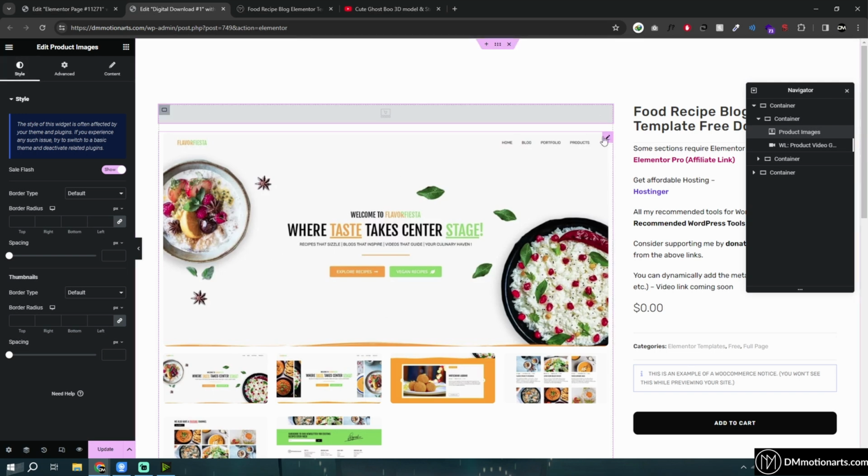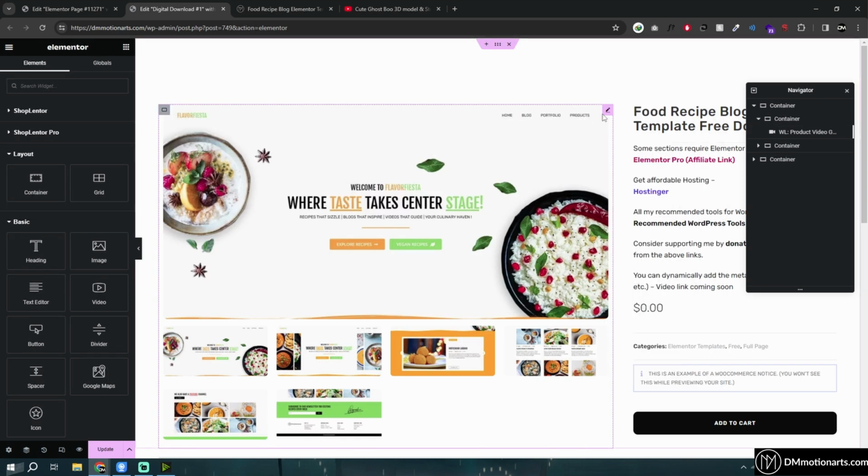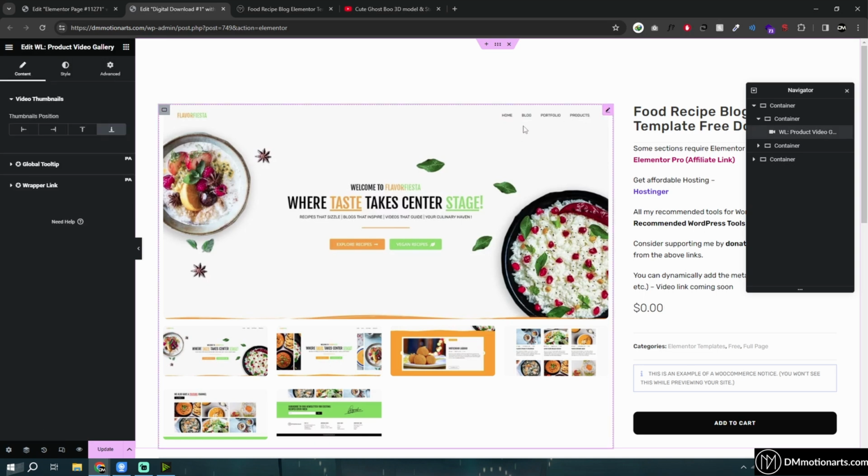And basically I use Shoplenter because it has much more things. Elementor Pro does not have that many options, even though they have added the new features for WooCommerce. Especially they added the loop builder, which is crazy. And these are the same things that you can get. The reason I'm using Shoplenter is because it allows me to add videos to my product gallery,